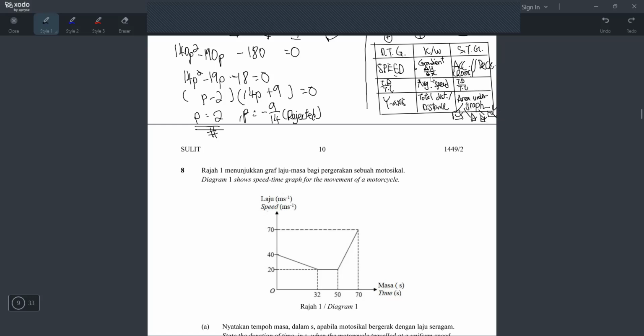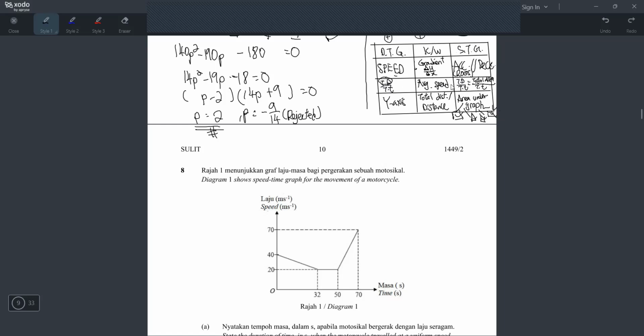So it means how to find average speed if it's a distance-time graph. Look at your y-axis to determine your total distance, and look at your x-axis to determine your total time. Very simple. But how to get average speed in a speed-time graph? For total distance, you cannot look at your y-axis because your y-axis is speed now. So the proper way is to find the total area under the graph, and then get the total time by referring to your x-axis lah.